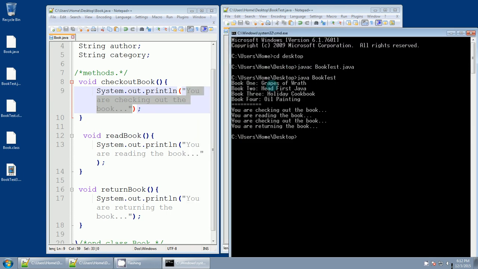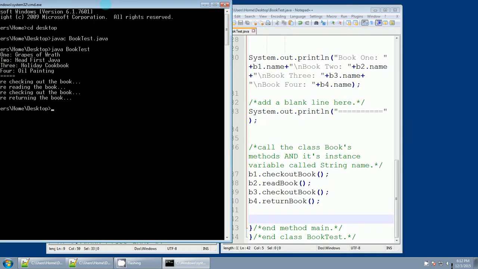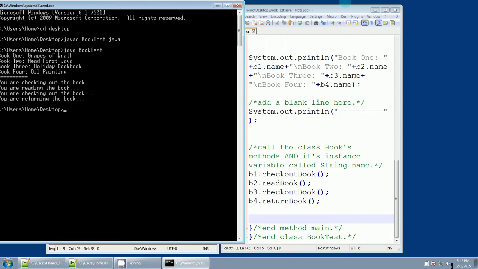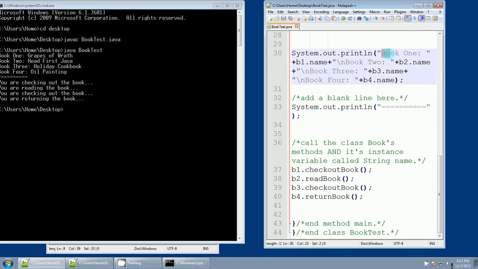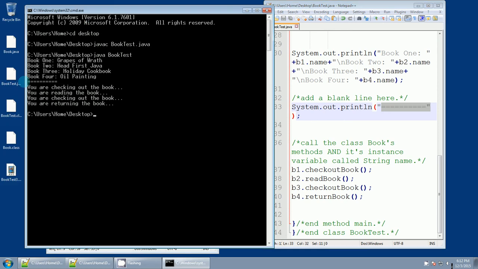Book 1, Grapes of Wrath. Book 2, Head First Java. Book 3, Holiday Cookbook. Book 4, Oil Painting. That's all this right here. Those words, all of that created the top part. And then here, this System.out.println with the dashed line, there's our dashed line. And then this right here,